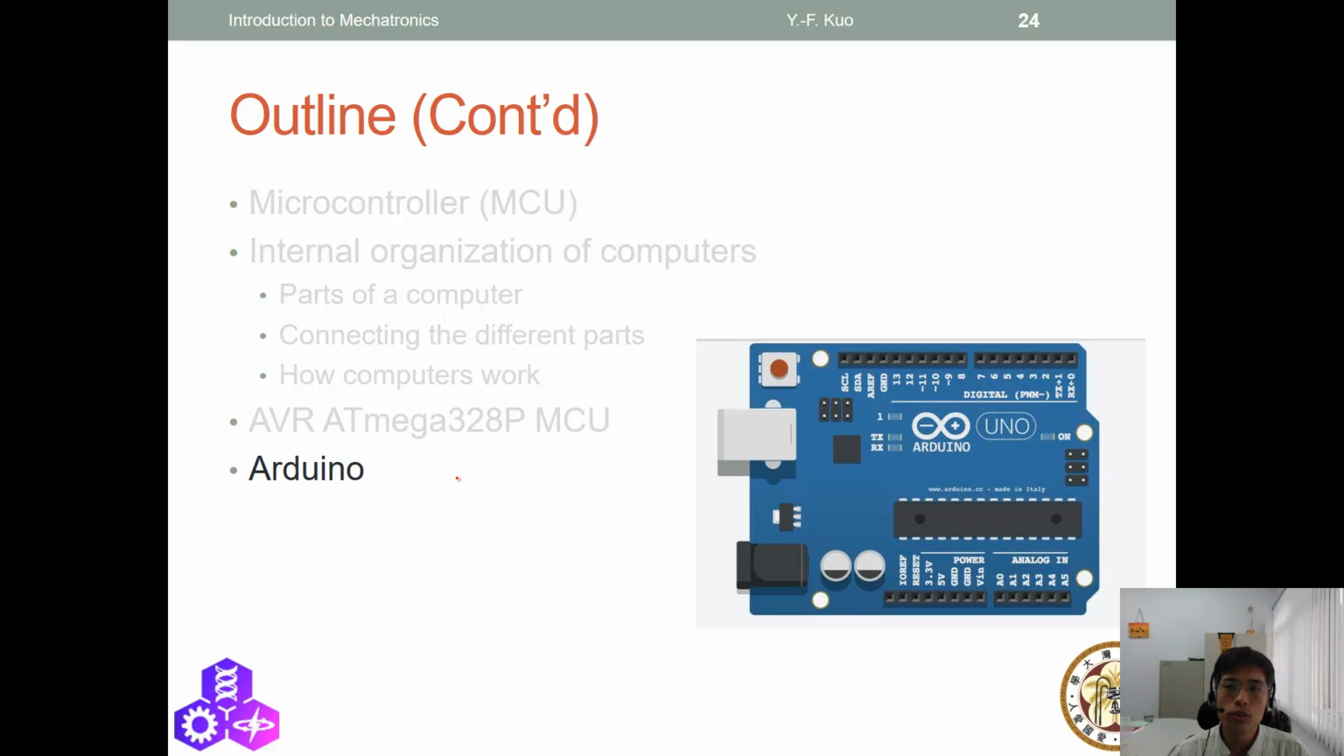Now we are going to move to something that is more interesting. It's called Arduino. So what is Arduino? Arduino basically is an integrated board of the ATmega328P. What you can see is a figure of the board. So we have the ATmega328P here. What you can see about the microcontroller is that there are so many pins. And how do we use those pins? We usually use those pins on a